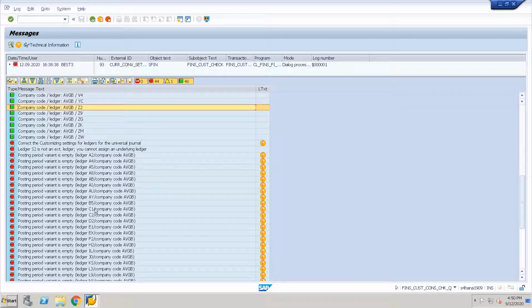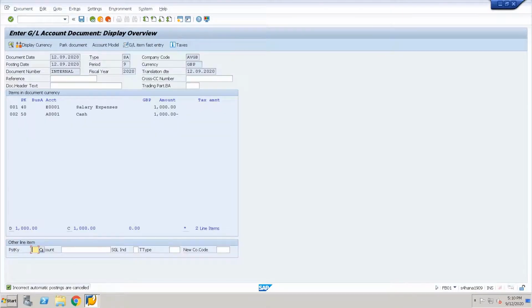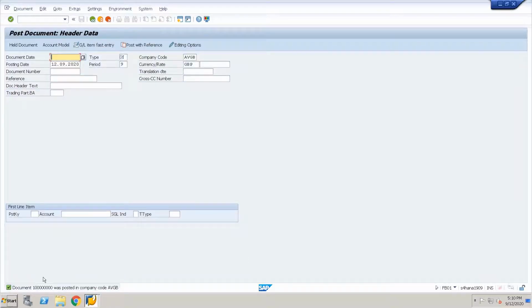This is because in S4HANA, whenever a new extension ledger is created, it is automatically assigned to all the company codes that are pre-existing. So while we are creating, we need to ensure that we are not having any other company codes in the company code assignment for a particular ledger type, and if there are any which we don't require, we need to delete those. So let me delete this. So now I have removed all the errors. I have removed the assignment of extension ledgers from my company codes for which I have not created any ledgers. So let me try to post this, and the document is now posted.